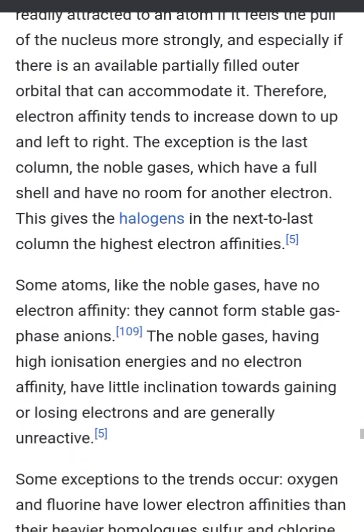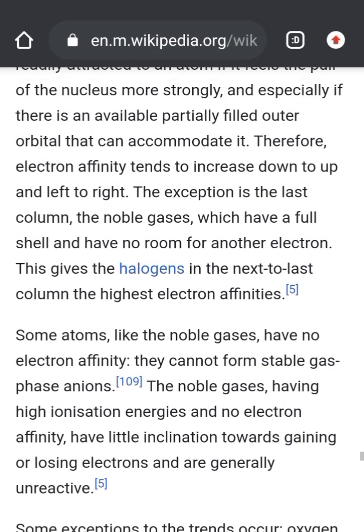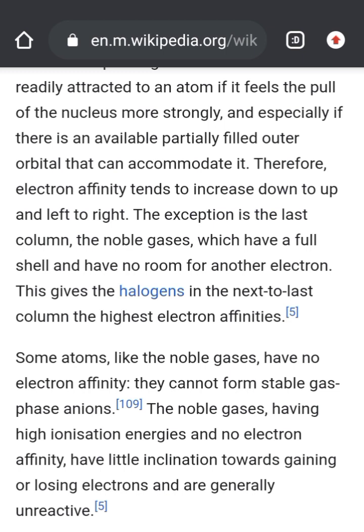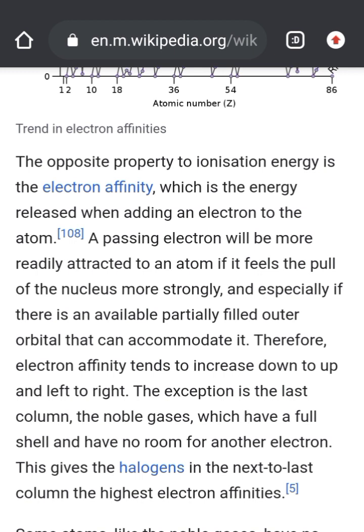Then the section we have in the periodic table are the noble gases. Since they are already filled up in the atom's shell, there's no need to be adding an electron to something that's already filled up. So this gives the halogens in the next last column the highest electron affinity. So halogens have the highest electron affinity. The periodic trends I want you to know now are ionization energy, electron affinity, and atomic radius, and what happens when you move from left to right, top to bottom, whether they are increasing or decreasing. Very, very important. So let's look at the next one,